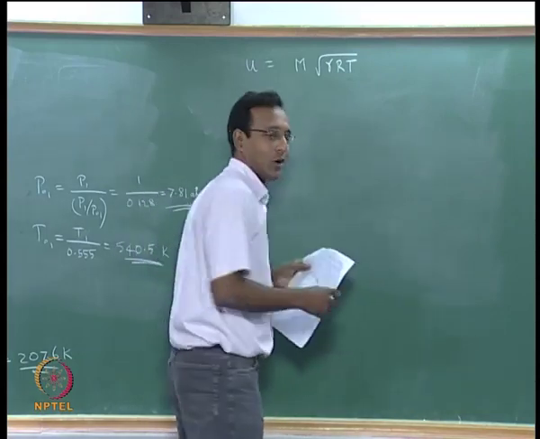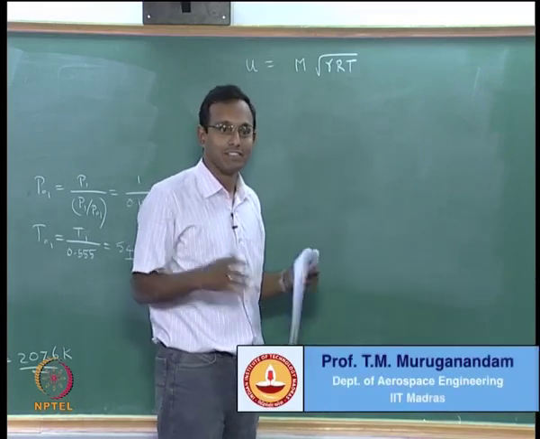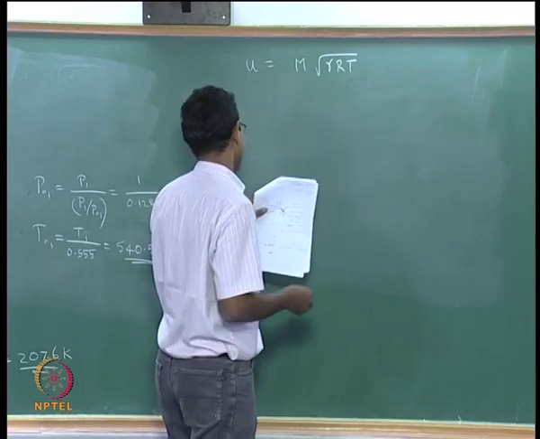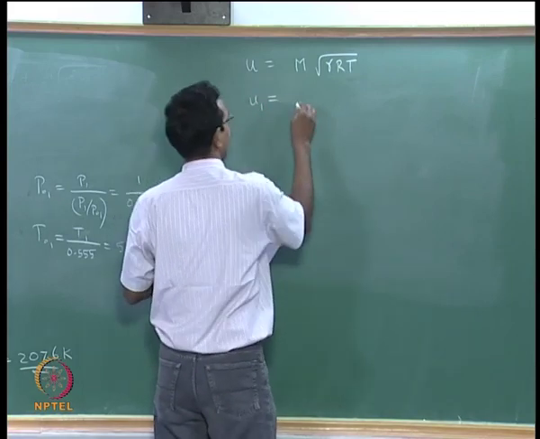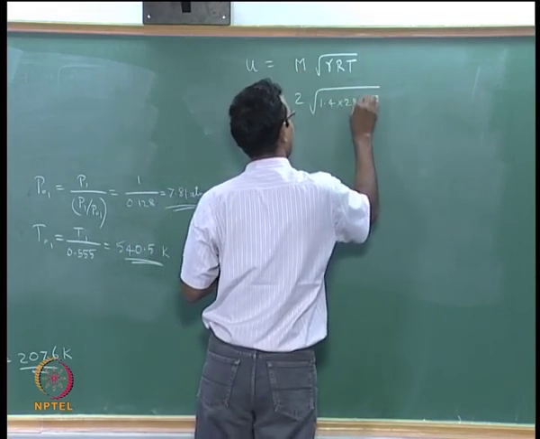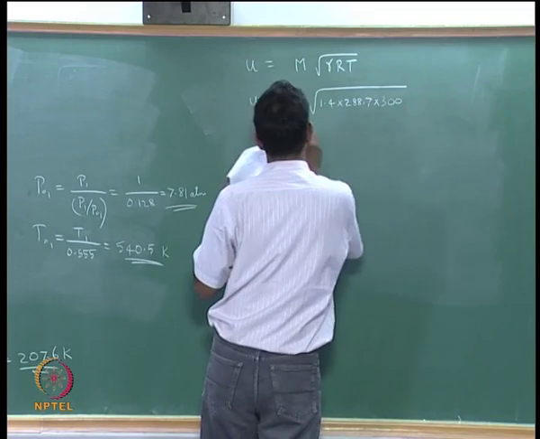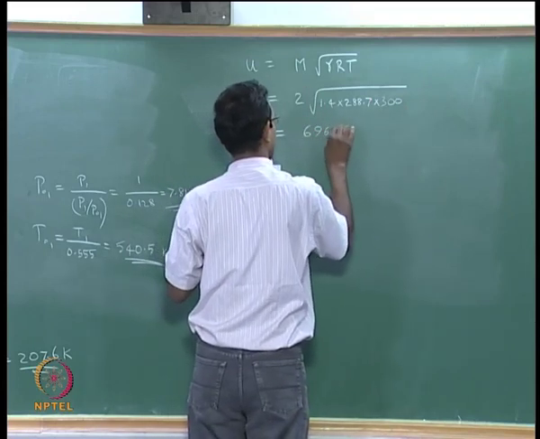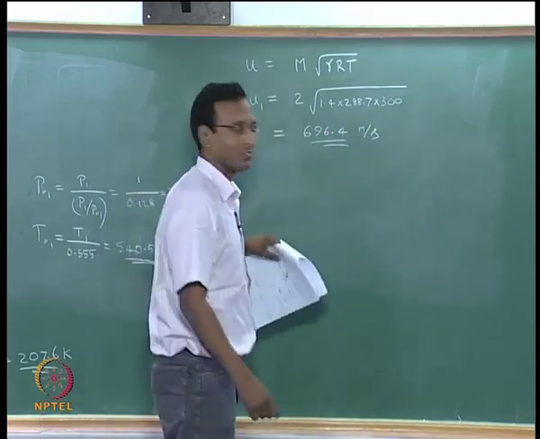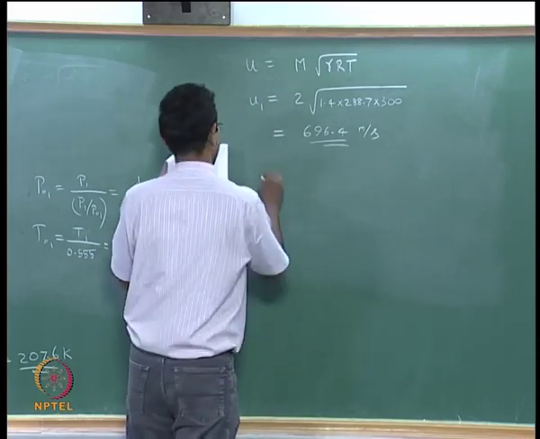Okay. We did this a long time back when we were discussing stagnation points and stagnation enthalpy. There we said if my temperature drops, my velocity increases. Right? That should be satisfied even here. So, we will just check it. U1 I want to calculate, so I will put M1, which was 2 for our problem, into square root of 1.4 into 288.7 into temperature, which was 300 Kelvin. And this answer happens to be 696.4 meter per second. This exact number we have been using a lot, 696.4, because we typically start with a Mach 2 problem in supersonic flow. So, you will always get that.